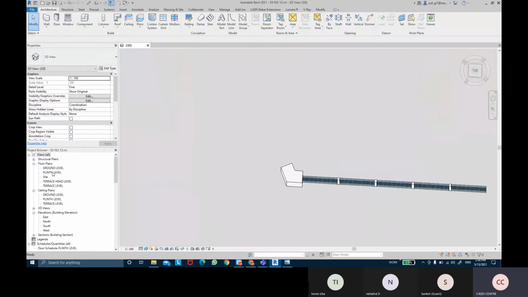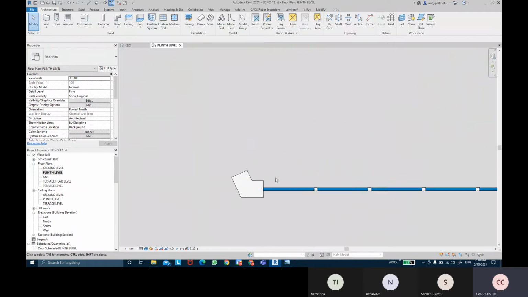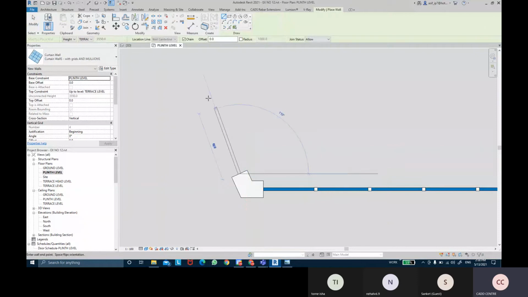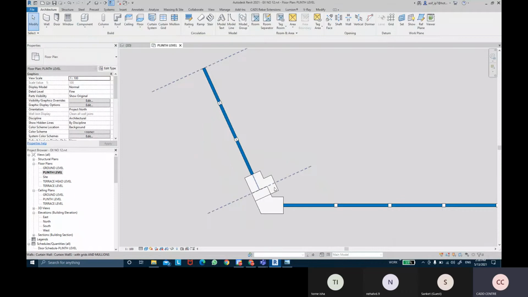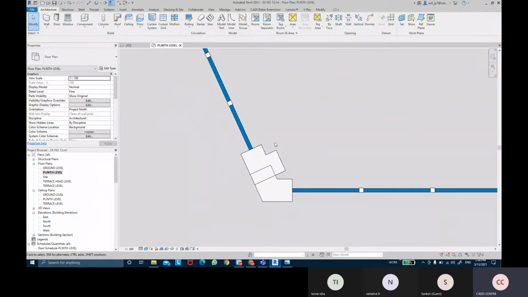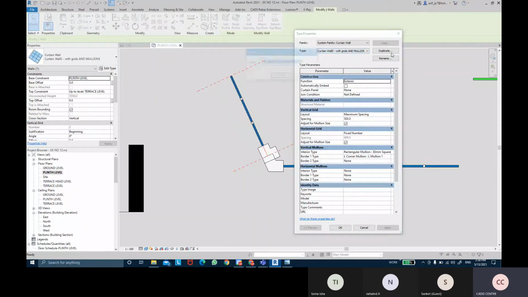If I come into my plan view, I can create a similar type of wall starting from this end, going a little bit angled that way. Now it overlaps with the other L mullion on this wall. So I'm going to come over here, come into the edit type, and duplicate it. I'm going to remove the L mullion and keep this as none.